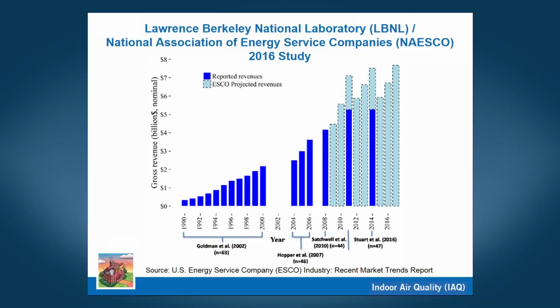The study shows how much we are paying ESCOs, energy service companies, for energy efficiency related building upgrades. According to this 2016 study, back in 2014, we have expended a little bit over $5 billion on upgrades and energy efficiency projects, and a little bit design and build